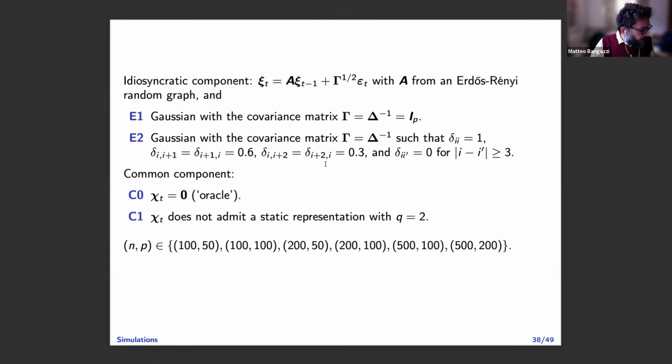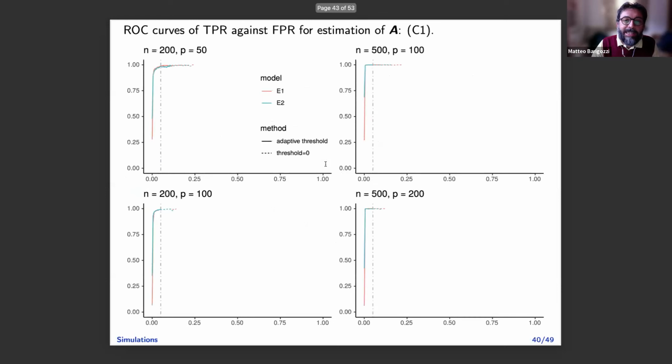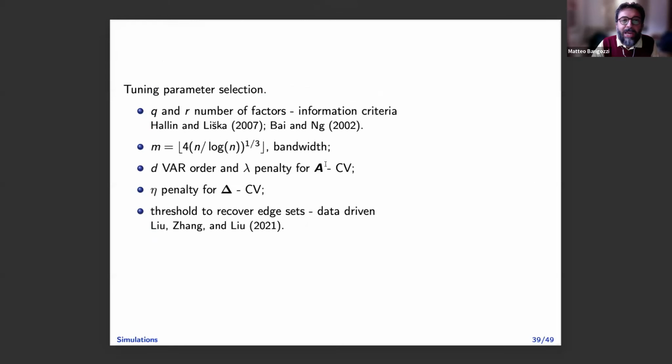Okay, look, simulations are always simulations, so I will skip them. I just want to say that we have a whole discussion on how to choose the number of factors. This is standard stuff. How to choose the bandwidth. We said it's order n to the 1 over 3. We use cross-validation for this, cross-validation for this, cross-validation for D, and a threshold for data-driven. There is a reference paper on how to choose those thresholds. Okay, we have a whole companion paper of the R package where we discuss all these things. And in the R package, you can try all these things, okay? Good luck. I don't like them. But if you need to do things seriously, that's what you should do, okay?